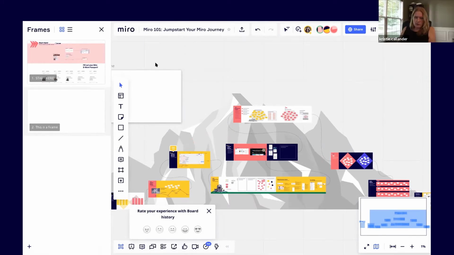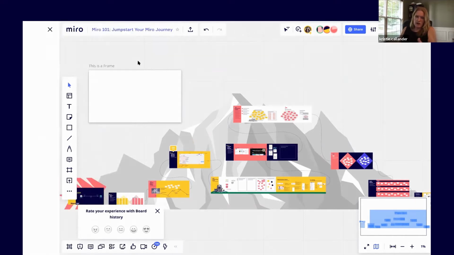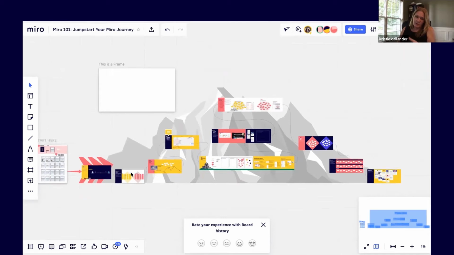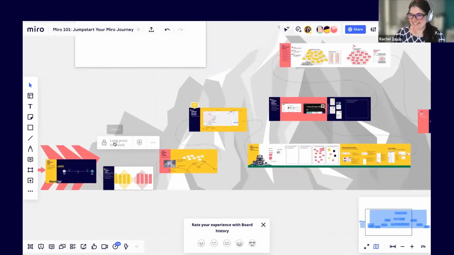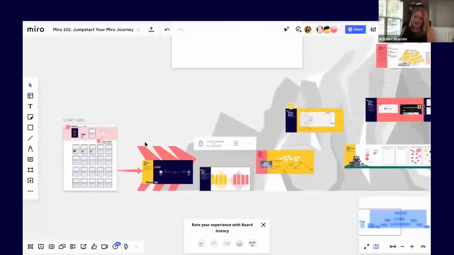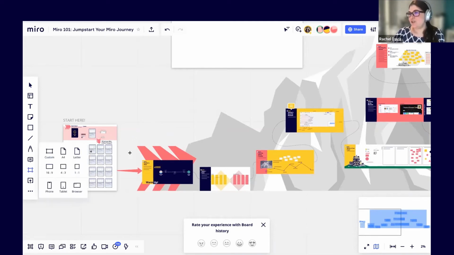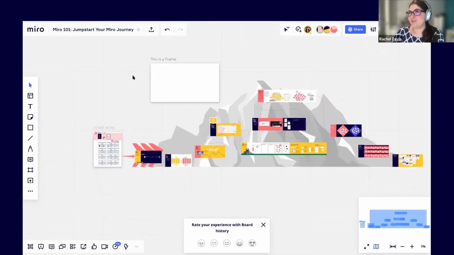What if you designed all this stuff not in a frame and you're like, oh, now I really wish I'd put that in a frame? Other than copying and pasting it all in there, can you click it and put a frame around it? I believe you can.